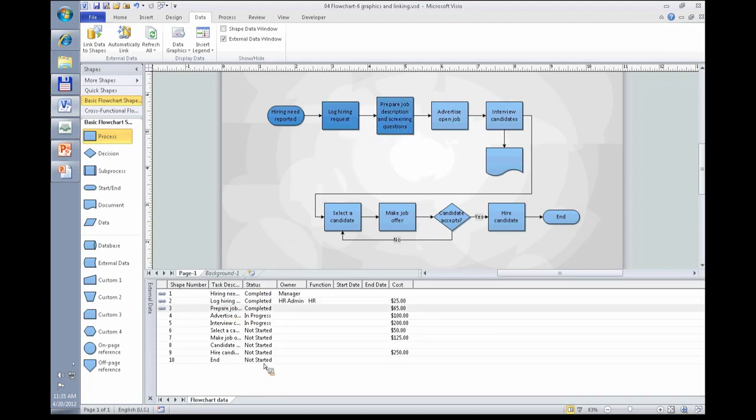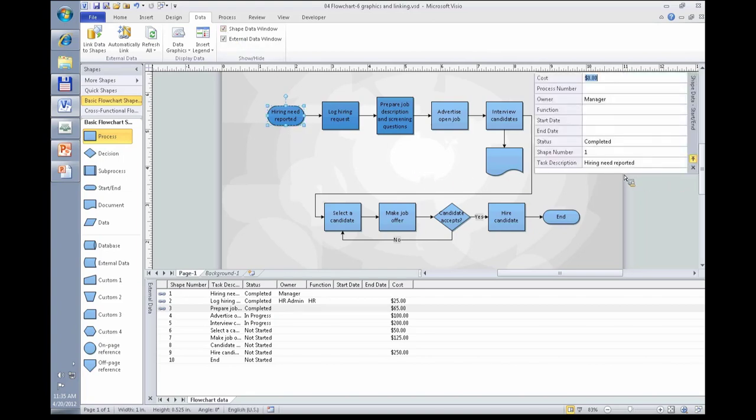Notice the colors changed. Just hold that in the back of your mind for a moment. I'll come back to that in a minute. And I can do that again with another shape and another shape. But you know what? I'm kind of lazy. I don't want to do this row by row by row. I'd rather have Visio do it for me. Right now, I don't have the means to do that